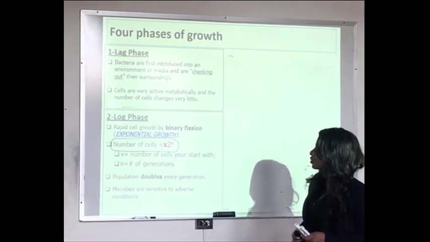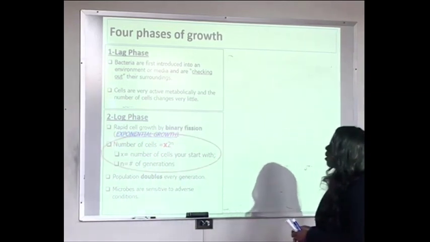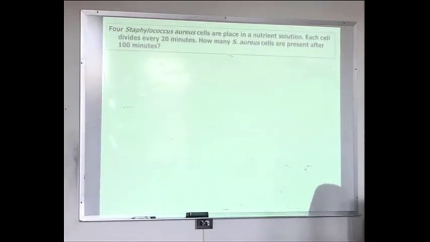So let's look at one question involving the growth of the cell. It says in our question, 4 staphylococcal cells are placed in nutrients. So you're giving them food, solution, some sort of broth. So likely this is in a test tube, and each cell divides every 20 minutes. We're trying to figure out how many cells are present after 100 minutes. So when we start out, 1 cell divides into 2 cells,